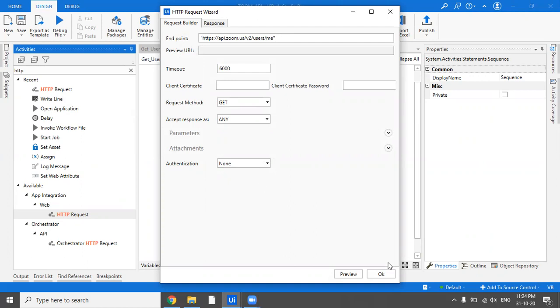And user ID basically is the UUID which you'll be getting. So this "me" thing what I've typed is also one of the APIs which you can hit, and it is given in the Zoom documentation page. You can check it out.